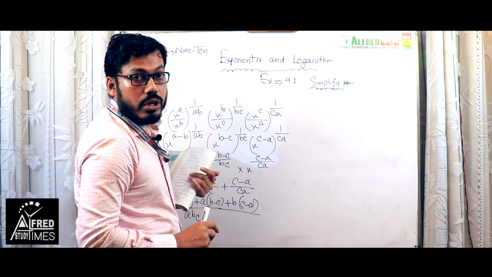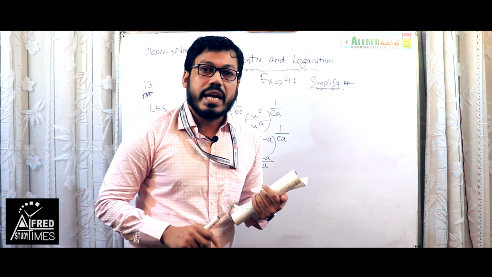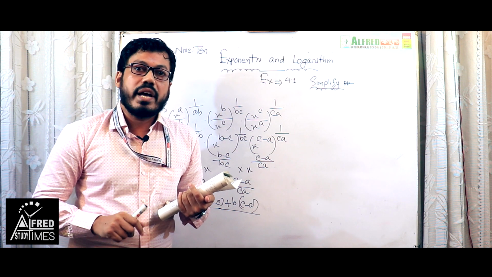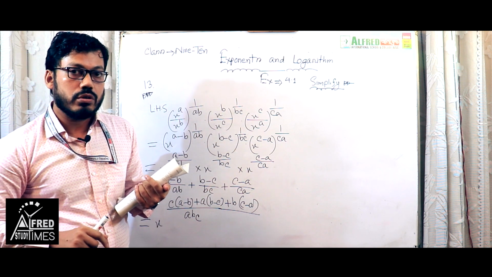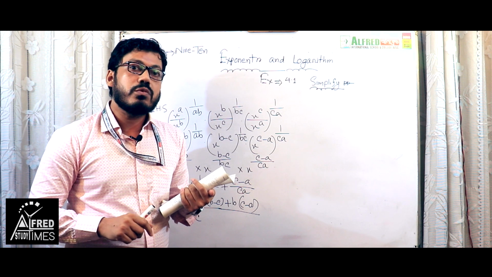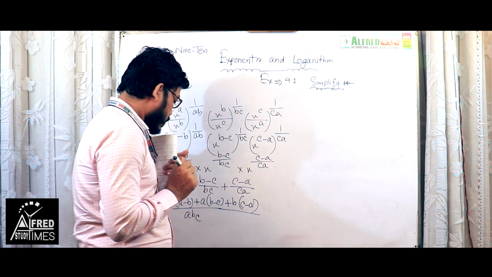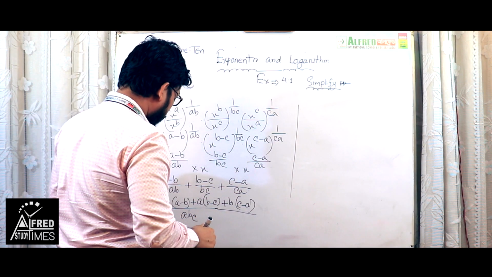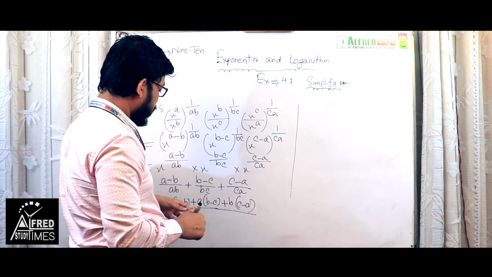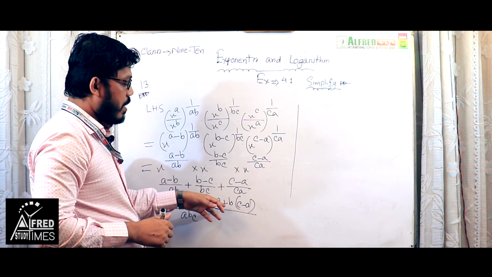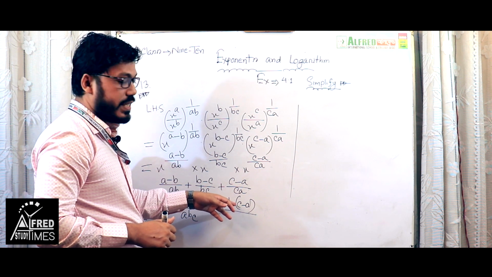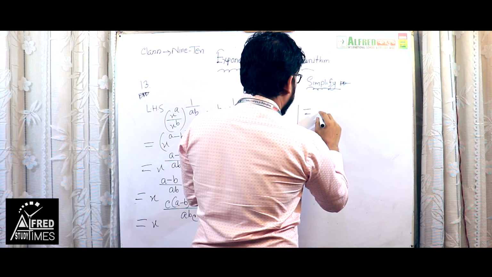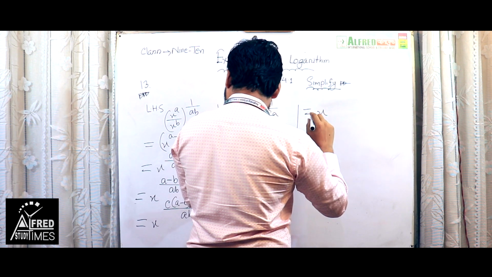Applying same method, after finding LCM value, we have to divide required LCM value by every denominator and multiply with every numerator of the fractions. Okay, multiplying C with A minus B, multiplying A with B minus C and multiplying B with C minus A, at the power of single base, only one base, x.